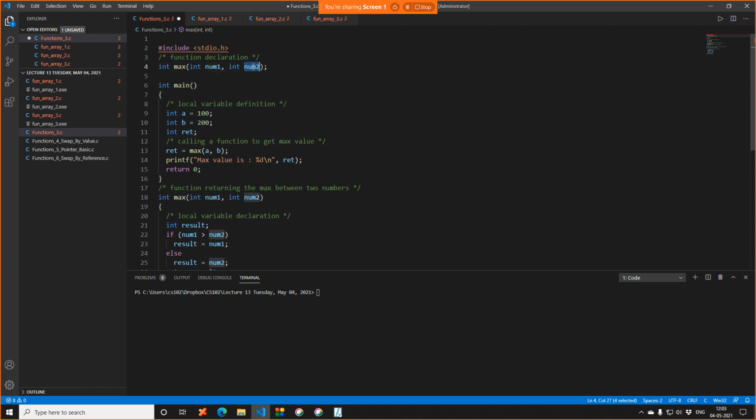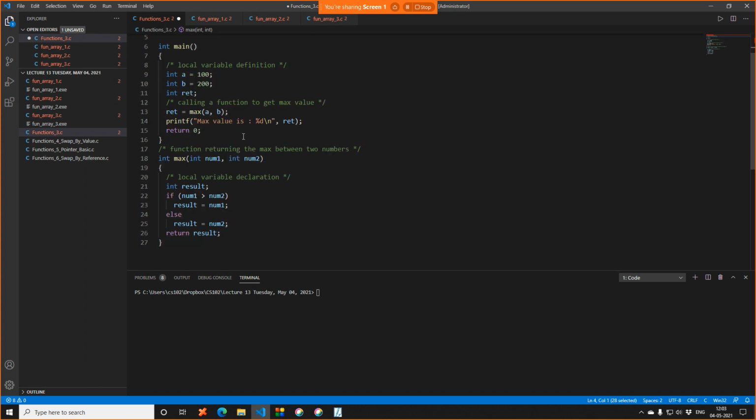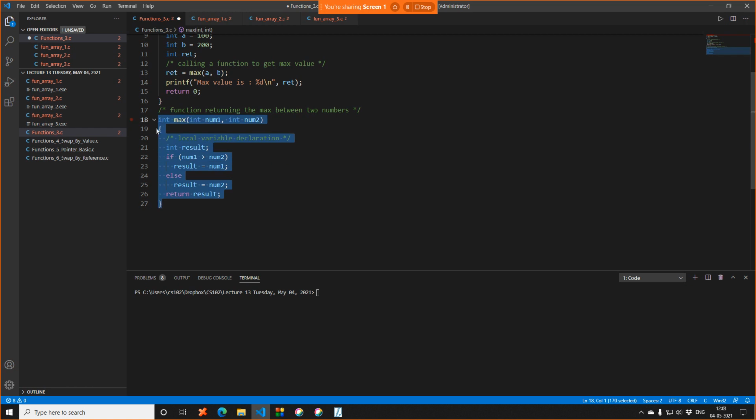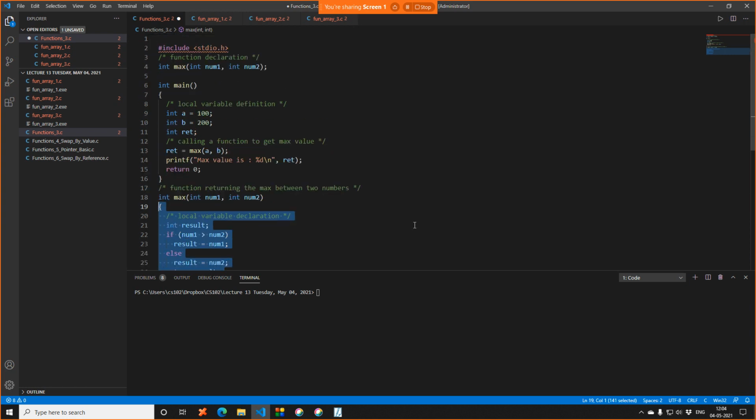Okay, so the first line is the standard include stdio.h. So this time we have a function called max which takes two input parameters num1 and num2. Mind you, since you have a semicolon here, that means I will be defining the function body after the main, right? So you can see this function is defined here.